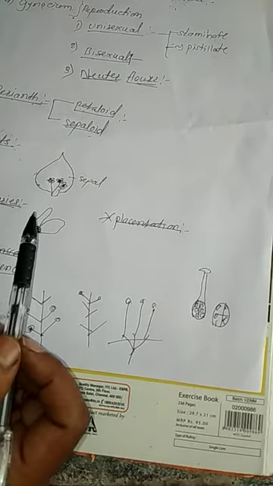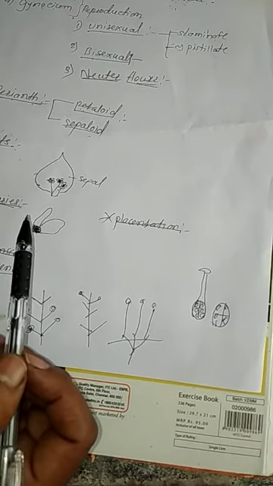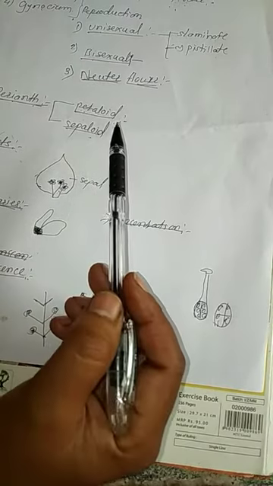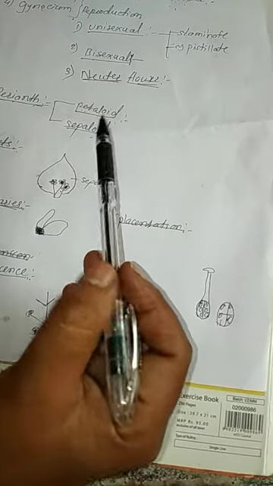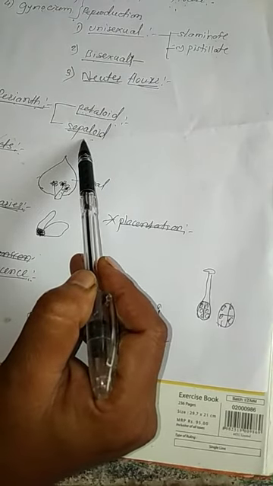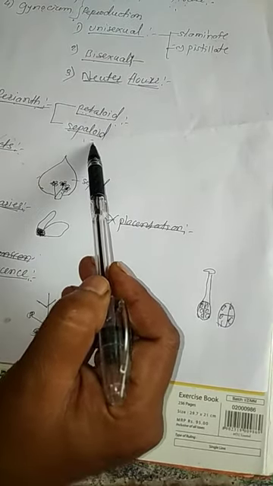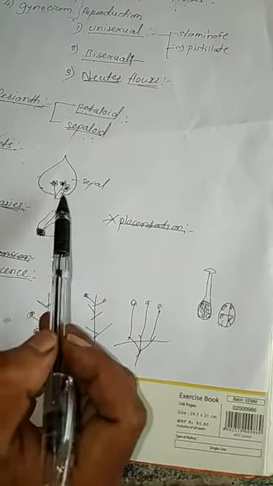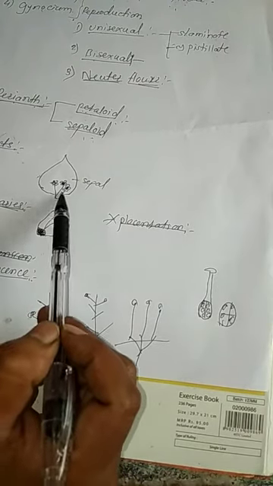Perianth. Perianth means the petals and sepals are fused to each other. Of these two conditions, petaloid means these perianths are colorful. This is called the petaloid. Sepaloid means the perianth is green in color. This is a sepaloid. Bract means what? The sepals look like petals and are colorful, and the flowers are arranged in the axil of the sepals.